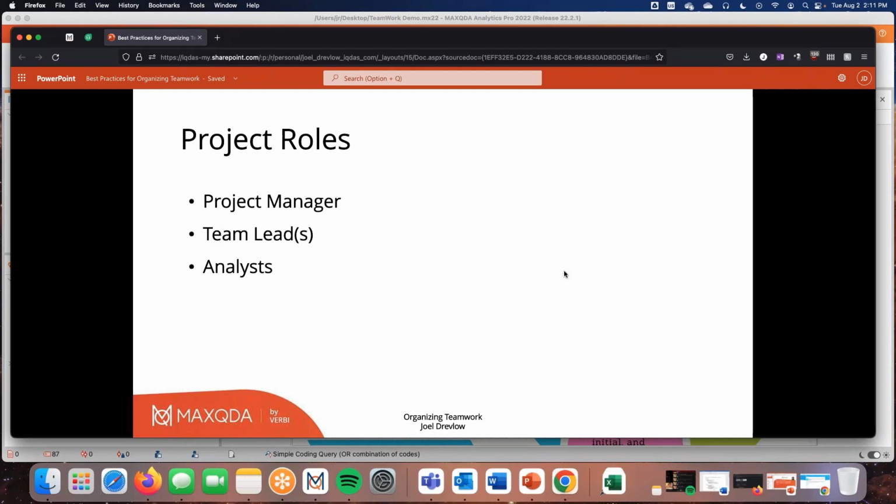All right, so let's jump into this first topic in our chat today about project roles. This may look slightly different depending on the members of your team that you have available, but in our specific project, we had three different roles. We had the project manager role, the team lead, and then we had analysts. You'll be able to get a better sense of this when we look at the project flow and how project files develop, get worked on, get re-uploaded and changed, and see who manages those things. But in general,